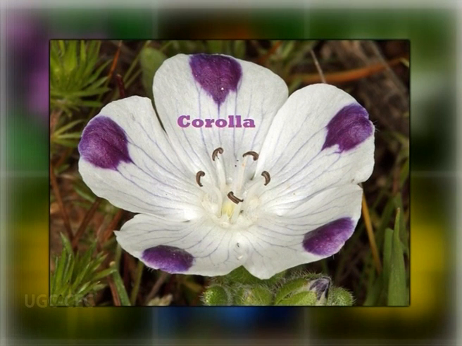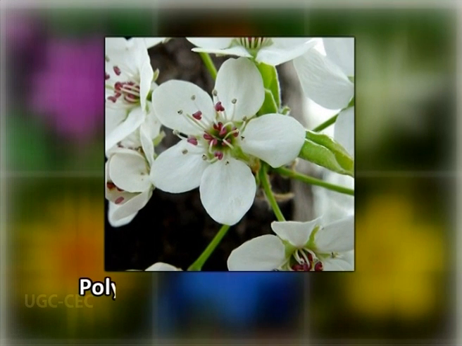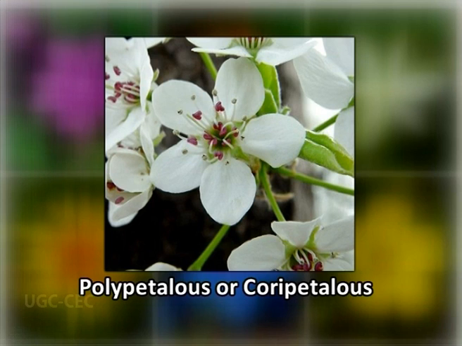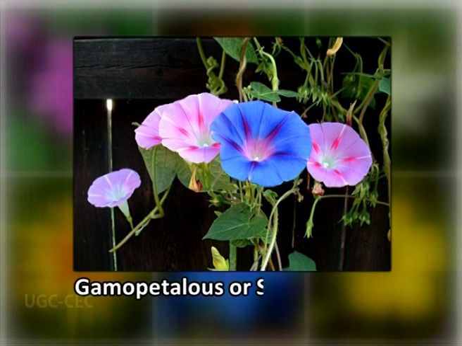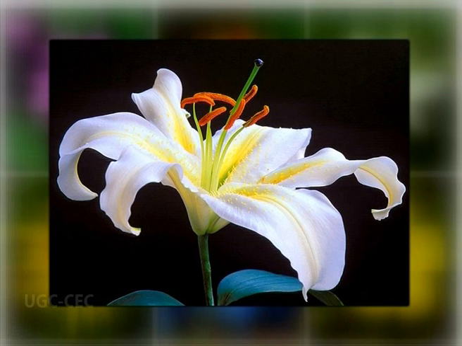Now we come to corolla. The collective term for all the petals in a flower is called corolla. If the petals are free from one another in corolla, the flower is called polypetalous or choripetalous, and if they show any degree of fusion in corolla, it is called gamopetalous or sympetalous. They often are bright colored or unusually shaped to attract pollinators. When the petals and sepals of a flower look similar and it is not possible to distinguish them, they are termed as tepals.